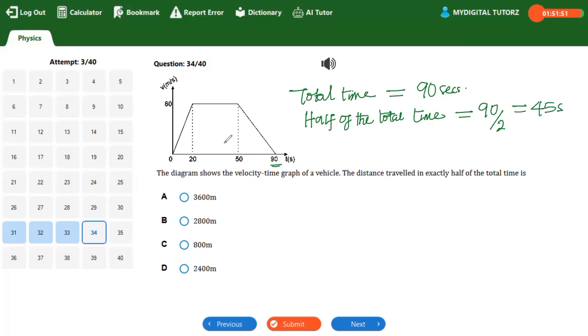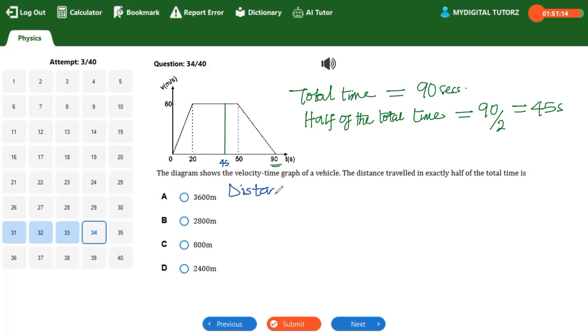So we'll now come to your diagram, and here is 50. So we assume from here should be 45. Right? From here should be 45. Is that understood? So it's just an assumption, is that correct? So that place should be 45. So if that is 45, here is 45. So we'll be looking at the distance